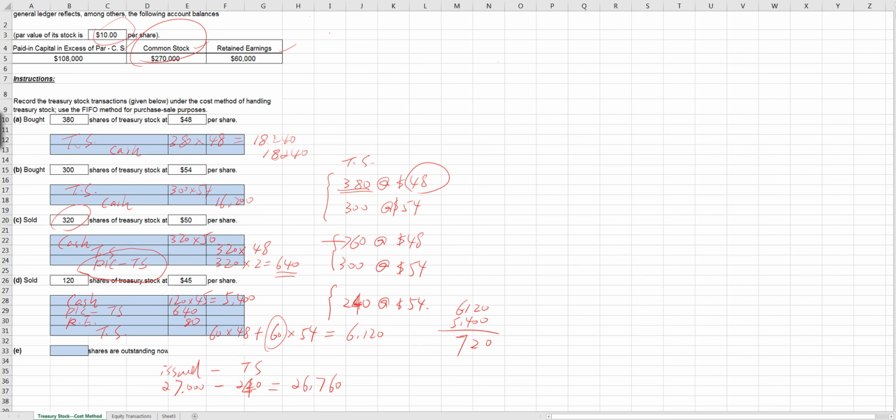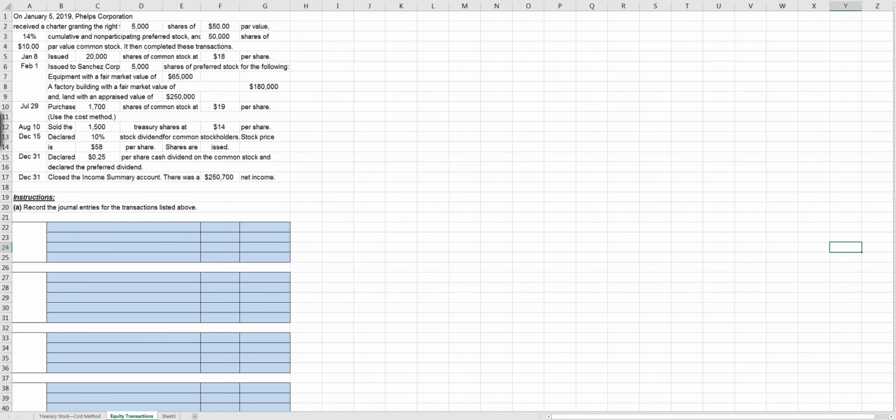Now let's move to question 2. So let's see question 2. A company received the right to issue stock. So these are their transactions. Let's see what kind of transactions they have. January the 8th, they issued common stock at $18 per share, and February the 1st, issued preferred stock in exchange for some assets. July the 29th,